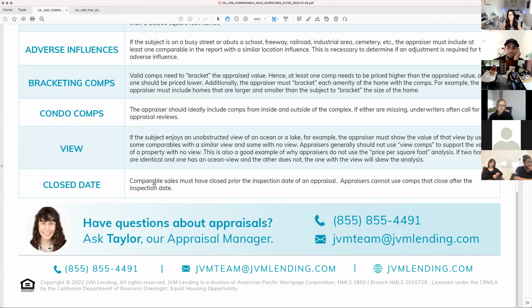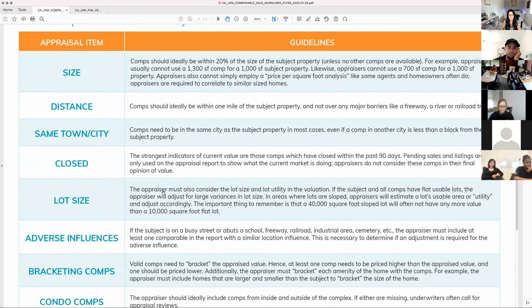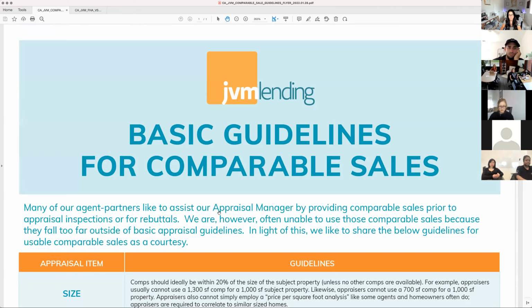Right? Alrighty, close date is our last one. Comparable sales must have closed prior to the inspection date of the appraisal. They cannot use comps that closed after the inspection date. You see how they keep saying inspection, right? They've said this. The appraiser, here we go again,